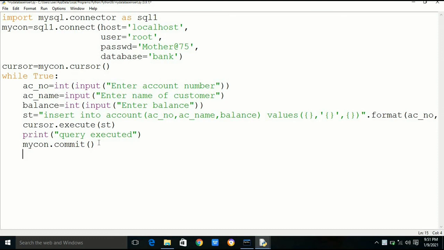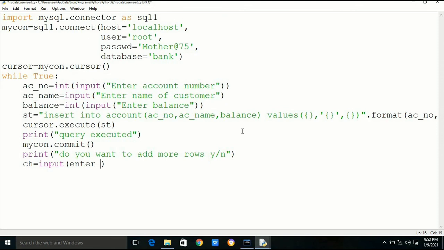We need to declare one variable ch so that the user can stop inserting the data in MySQL. If the user wants to add more records, then he should press Y. If he wants to stop the insertion work, then he can type N.